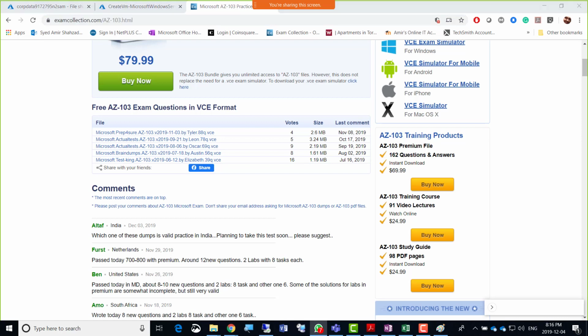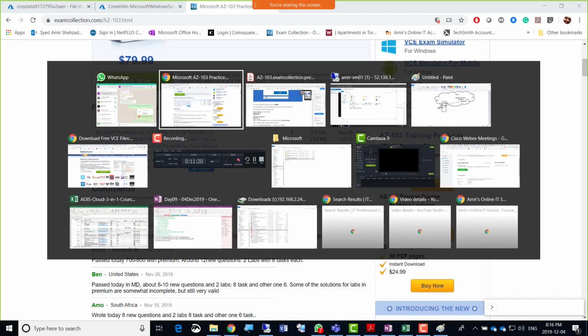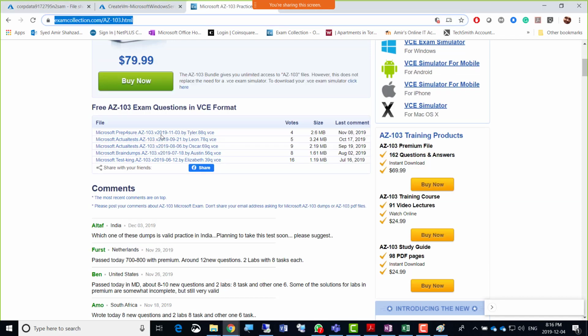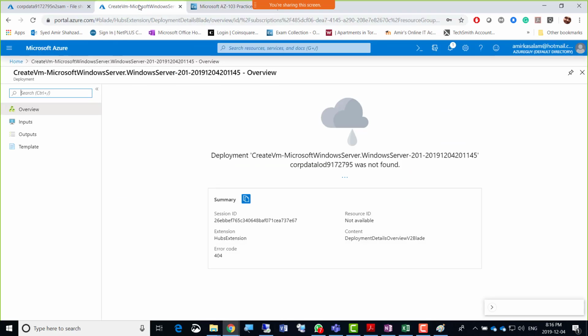I'm putting it on both, this page on exam collection, and see if there's any change and people are passing. If there are people who have started failing and 5 or 6 people are saying, oh I failed, then stop. Although everyone right now is passing, so right now it's a perfect time to really go for the exam.